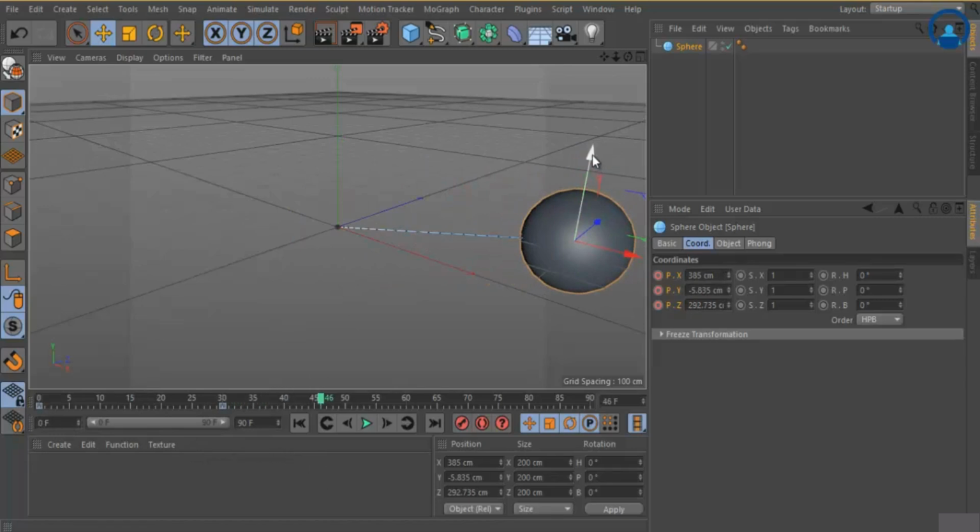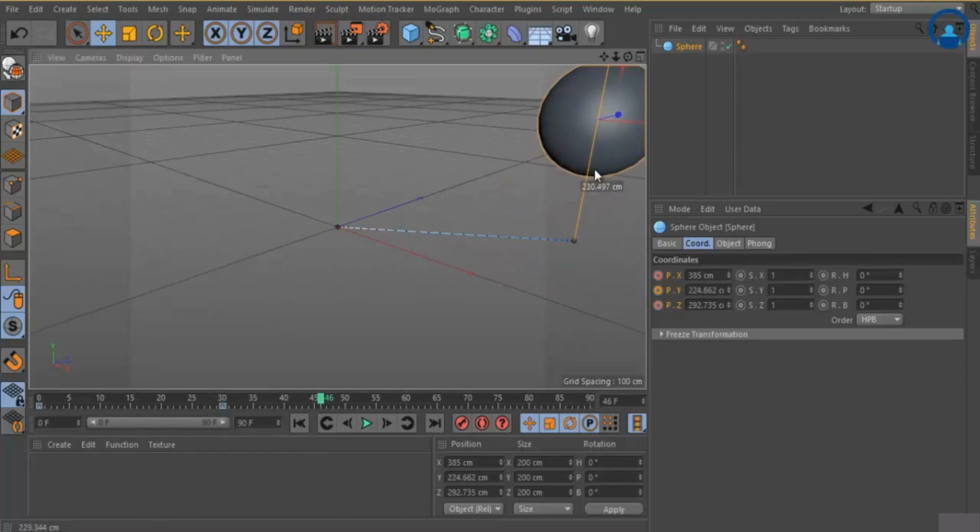Here I click and drag it up, but you can't see the animation path here because we did not keep the auto key option on. But here we can use the shortcut Control and click.